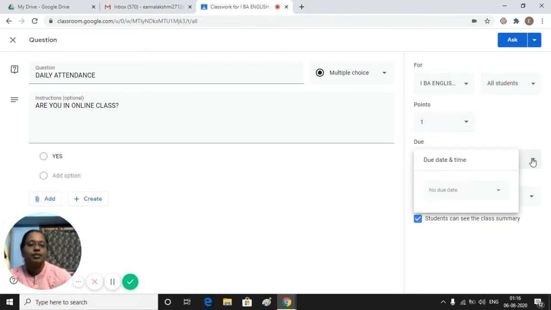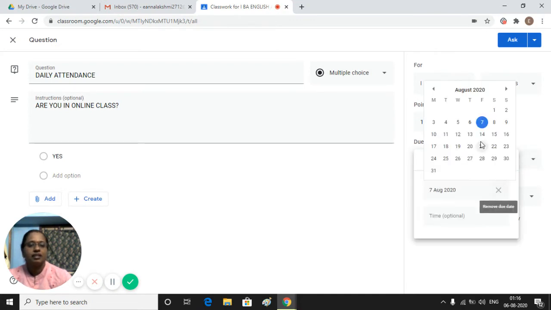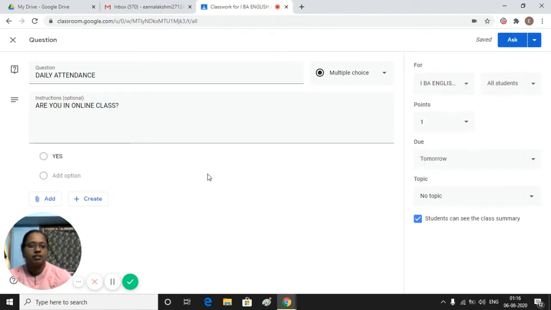Then due date, which date you want to assign attendance. For example, today is the 6th, so I assign it for the 7th, tomorrow. Then topic, what topic you want to give? Create topic attendance. You have to give the topic as attendance.